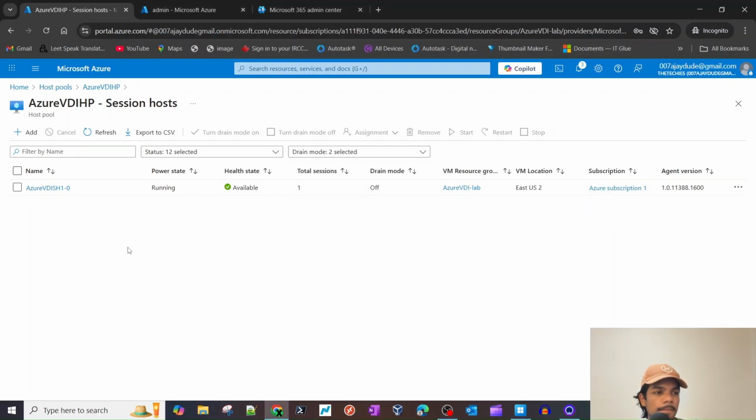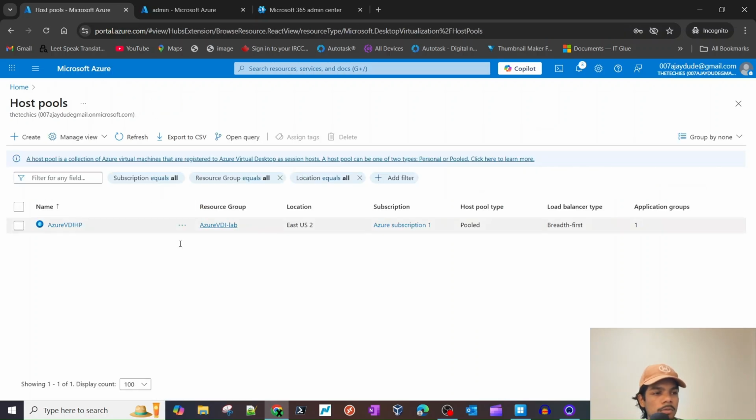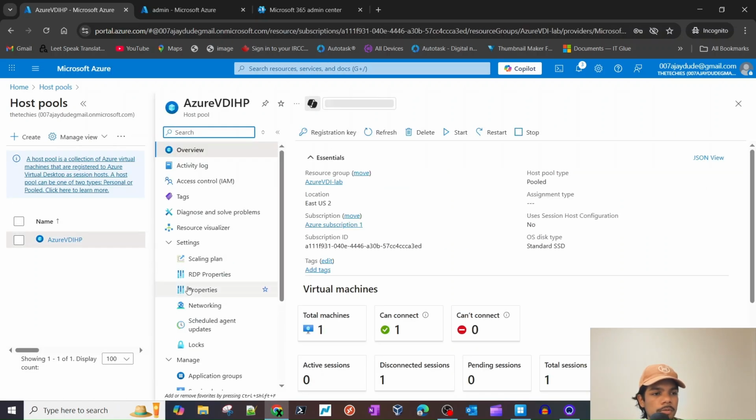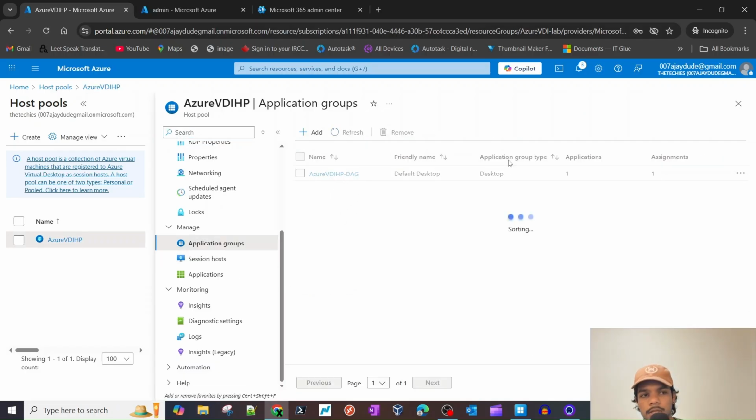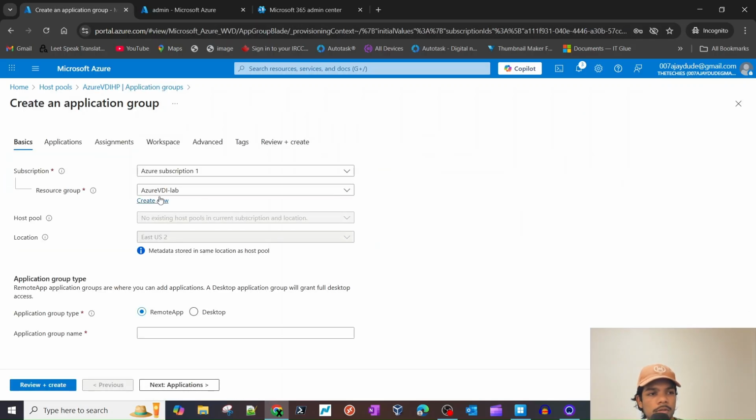We are gonna publish some apps to the user this time. So let's go to our host pool and open the host pool, and we will go to application group. There is just one application group, so we gotta create another one. So we'll click add, use the same resource group, and this time instead of using desktop we will use remote app as the application group, and we will name it Azure VDI remote app